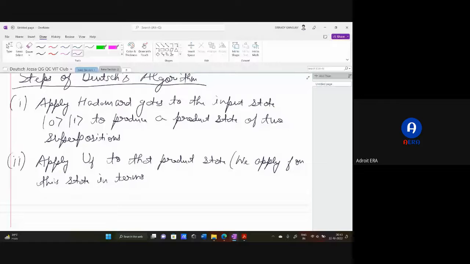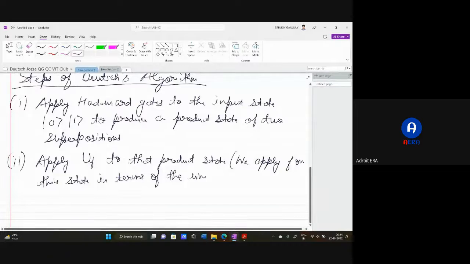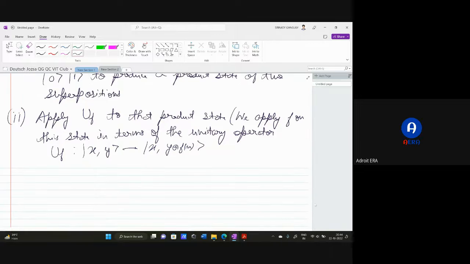So this state, in terms of the unitary operator. What is the definition? Uf, you already know this. x, y was given as input, and you got x comma y XOR f of x on the second qubit. And then the second qubit will be ignored, as you will see now in the steps. You will see in the third one only